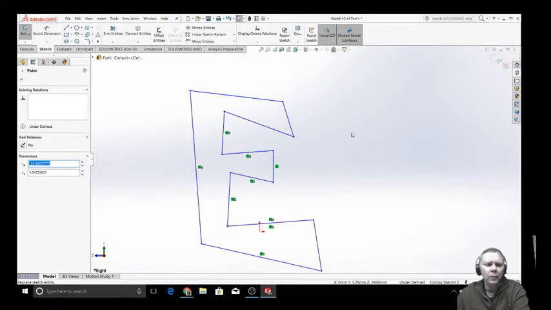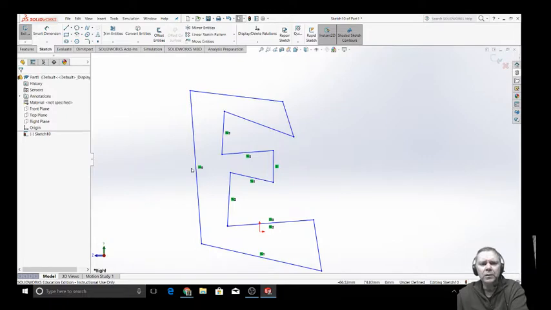All right, now, next thing we want to do is we want to talk about constraints. Constraints are relationships between lines and points and things like that that we can use to define our shapes. Now, the first thing I want to do here is I'm going to set up one dimension. Let's start by